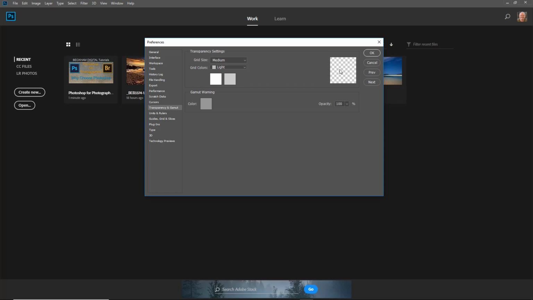If we do nothing, that's the sort of thing we'll see with transparent sections of an image. I choose to increase the grid size to large, and I choose the grid colors blue, and that's the sort of thing you're going to be seeing. So I think we can move on